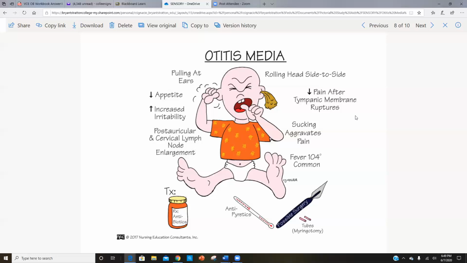So for our middle ear disorders, there may be hearing loss, a feeling of fullness and pain in the ear, red inflamed ear canal and tympanic membrane, a bulging tympanic membrane, fluid or bubbles behind the tympanic membrane, diffuse appearance or inability to visualize normal light reflex. They may also have a fever. Another expected finding when we're talking about inner ear disorders is hearing loss, tinnitus, dizziness or vertigo, vomiting, nystagmus, and